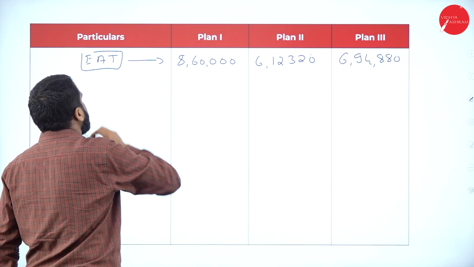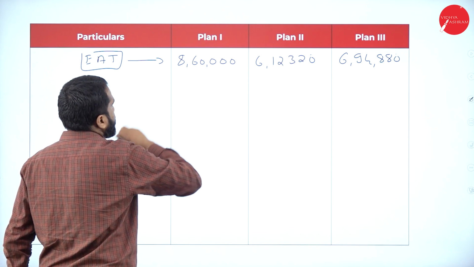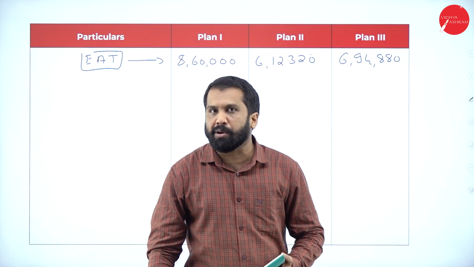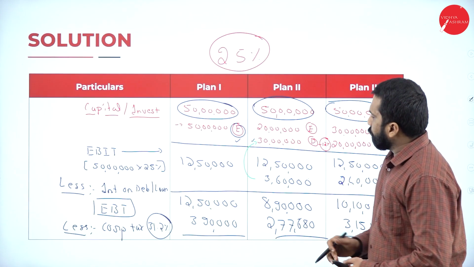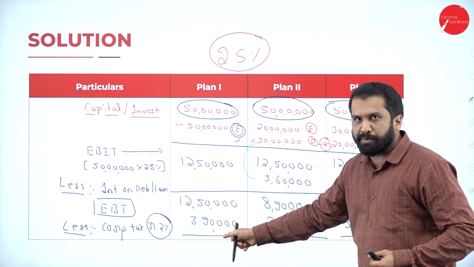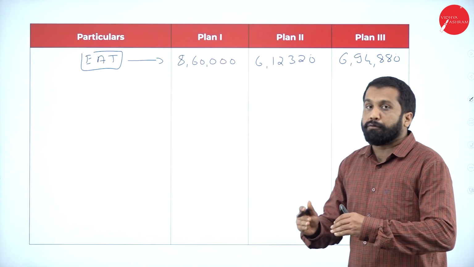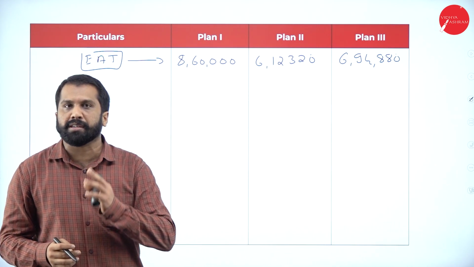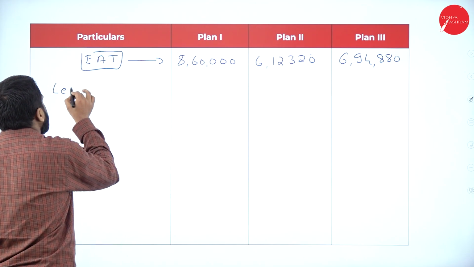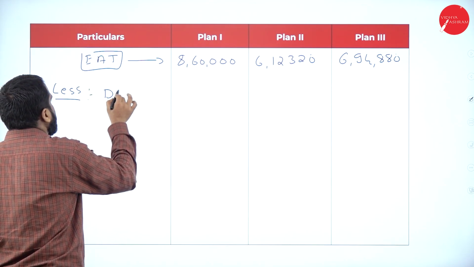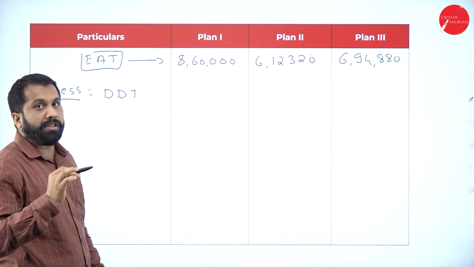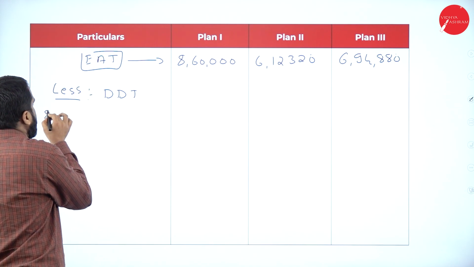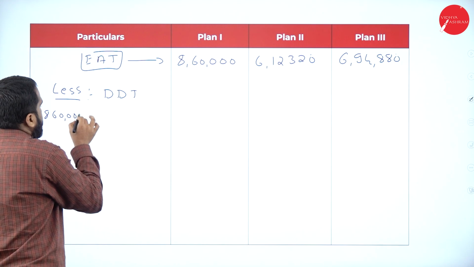Yes. Now, earning after tax, you got 8,60,000, 6,12,000 and 6,94,000. How did we get all this? You know very well. From this, we deducted this one. We got your answer. From this, what are we supposed to minus? We are supposed to minus dividend distribution tax. What is your dividend distribution tax? Very simple. Whatever answer you got, 8,60,000 multiplied with